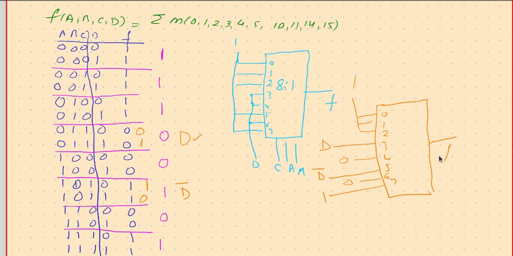So that's a new way of solving the same problem. A, B, C are connected here, and D comes from here. Therefore, this same problem can be solved using an 8 to 1 multiplexer instead of using a 16 to 1 multiplexer. This type of working is called variable entered mapping. Here we are mapping with variables. So in short, we call it VEM.